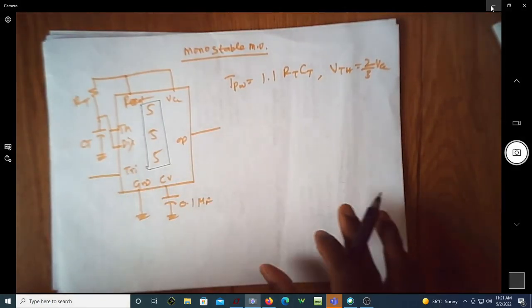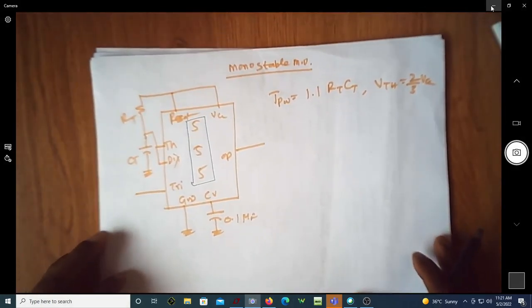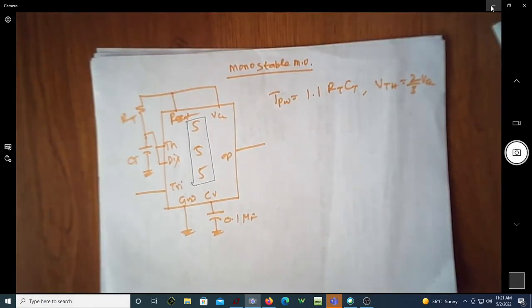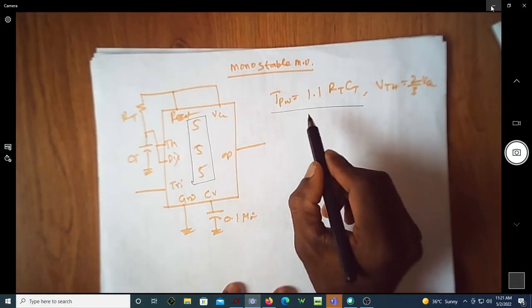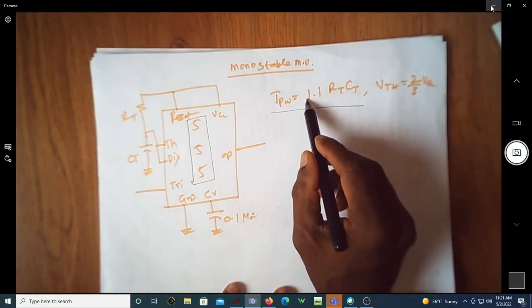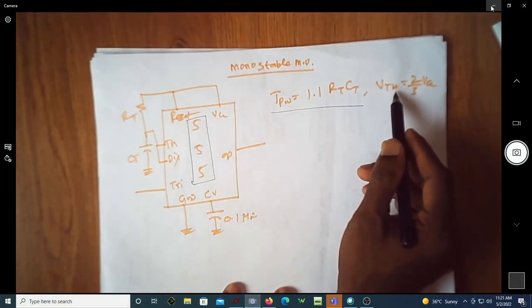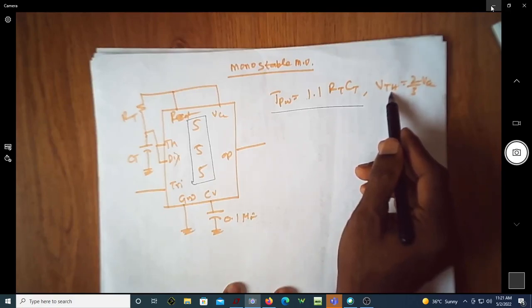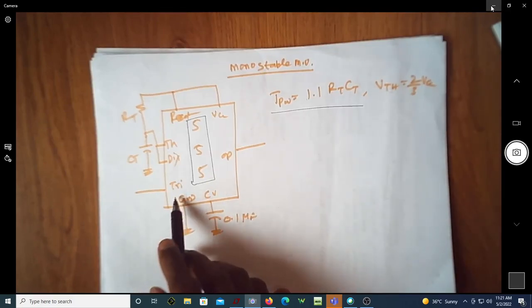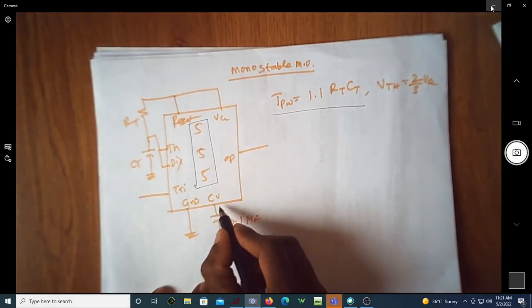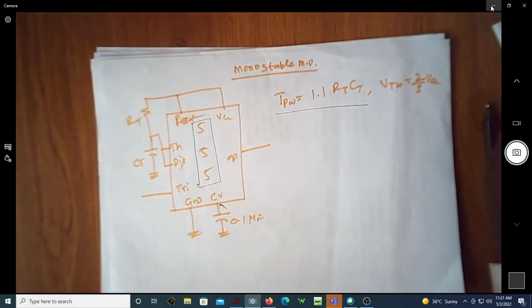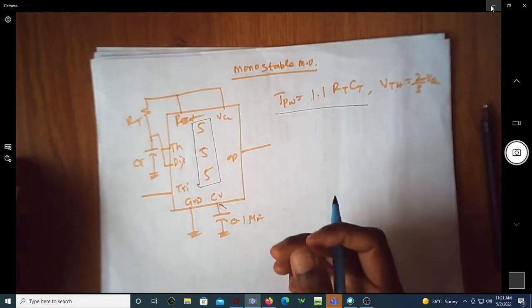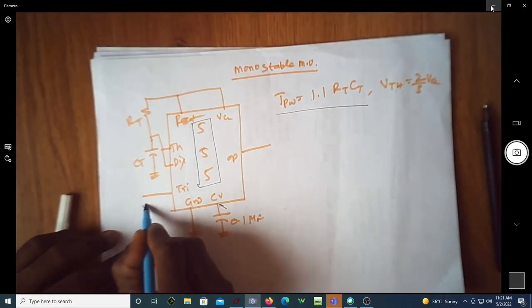Okay, this is a circuit diagram of a monostable multivibrator using a 555 timer, and the pulse width of the quasi-stable state is given by 1.1 RT into CT, provided the higher threshold voltage of this 555 timer is 2/3 of VCC, which is nothing but the control voltage being 2/3 VCC. So we know that if we are applying a trigger,